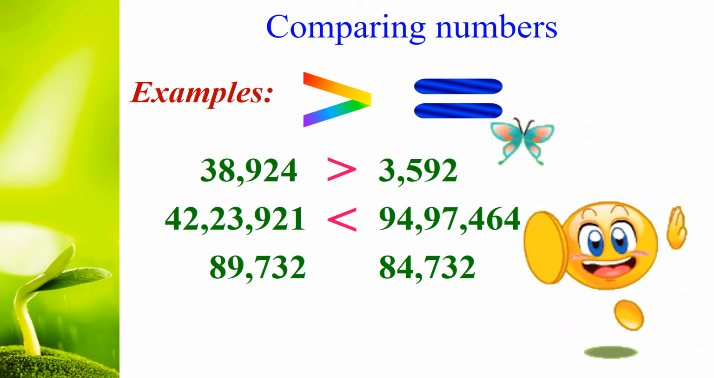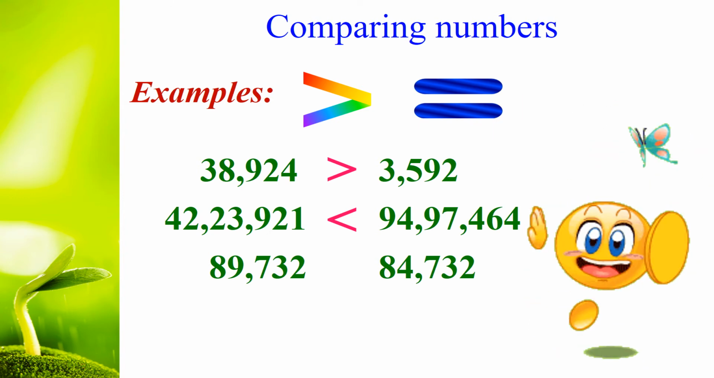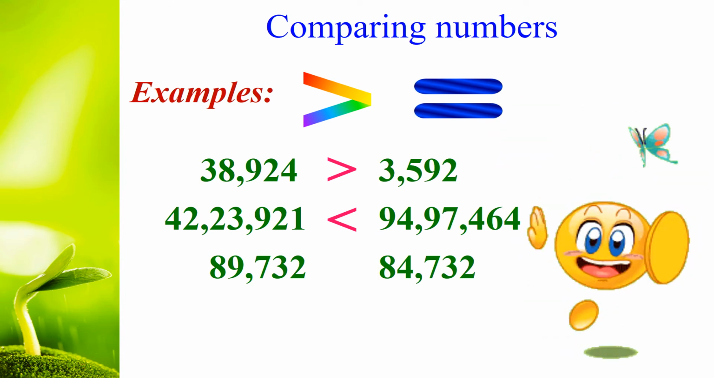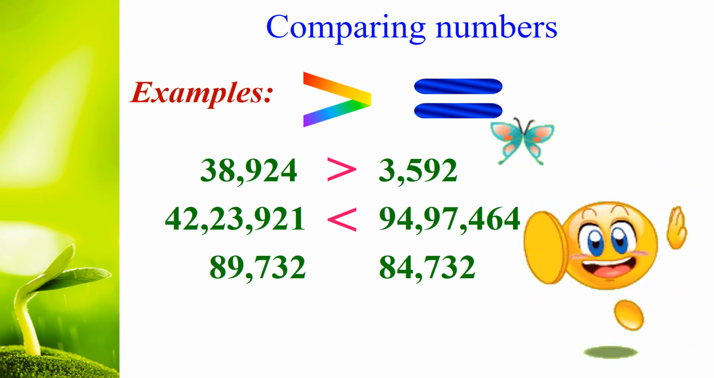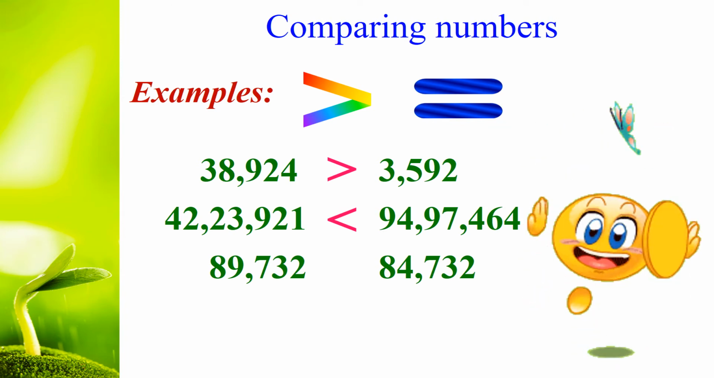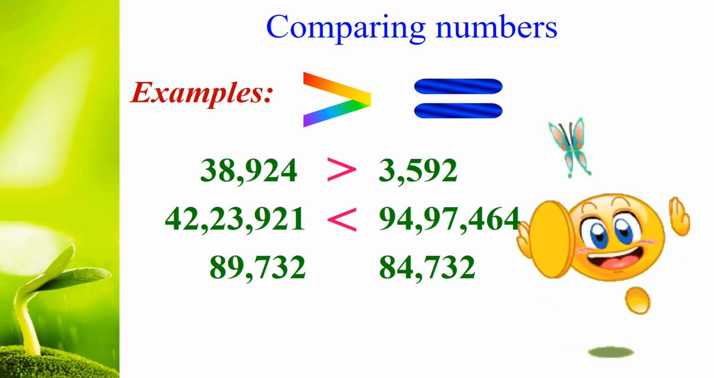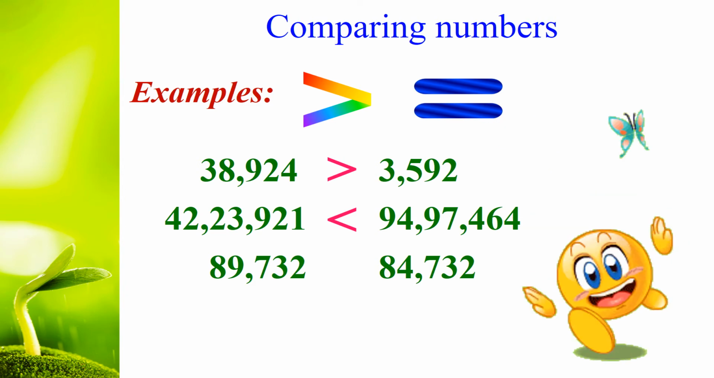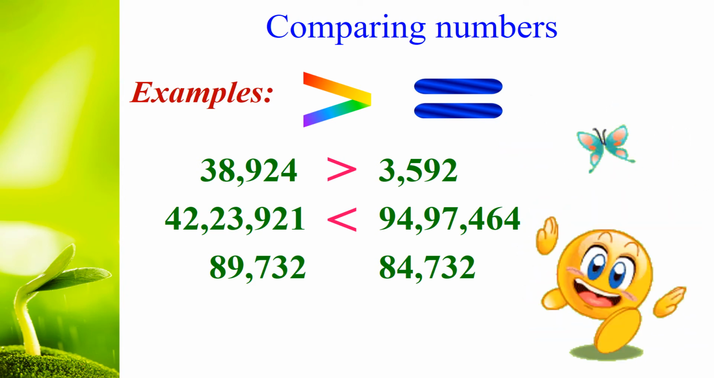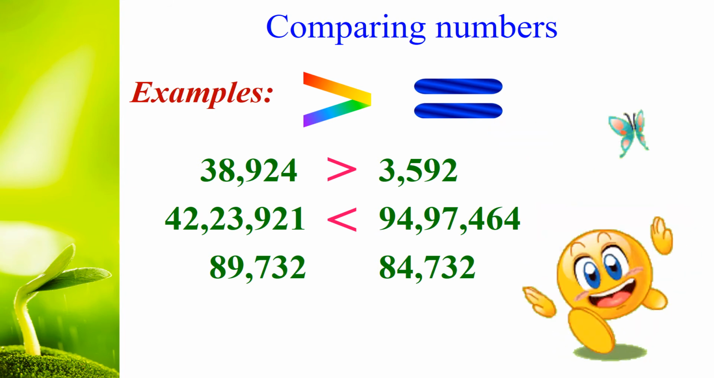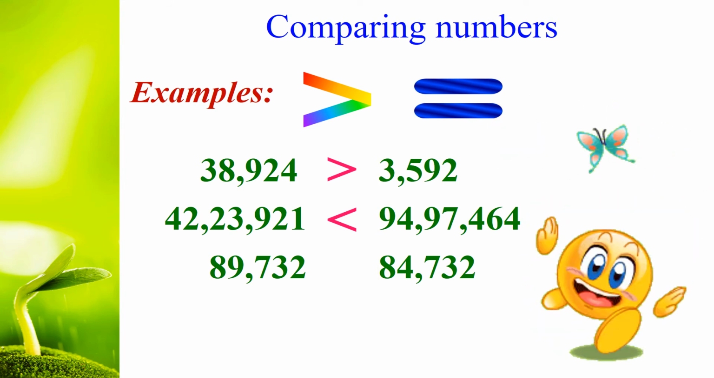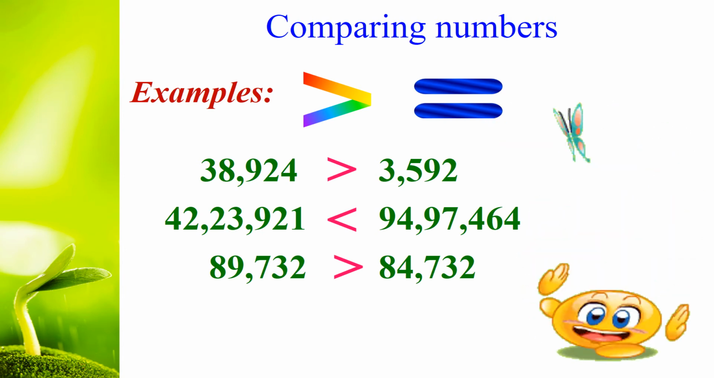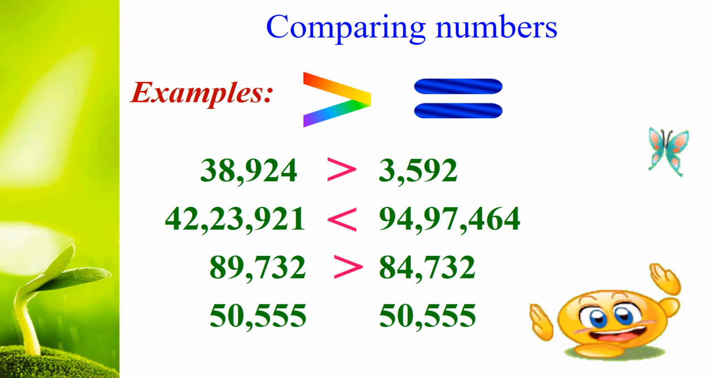89,732. Next, 84,732. Here also both numbers have the same number of digits. So we compare the first digit, which is also the same. So we can move to the second digit. The first number's second digit is 9. The second number's second digit is 4. So the first number is the greatest number. Therefore 89,732 is the greatest number. Next,